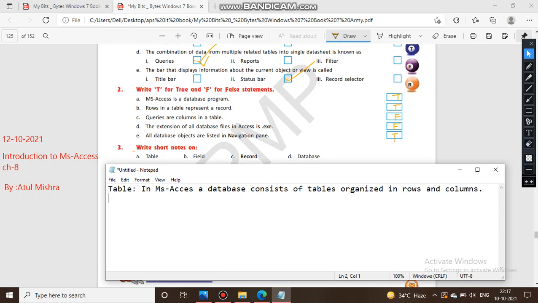Okay, next is your field. You can define your field as a field is a column in a table, contains a specific piece of information within a record.